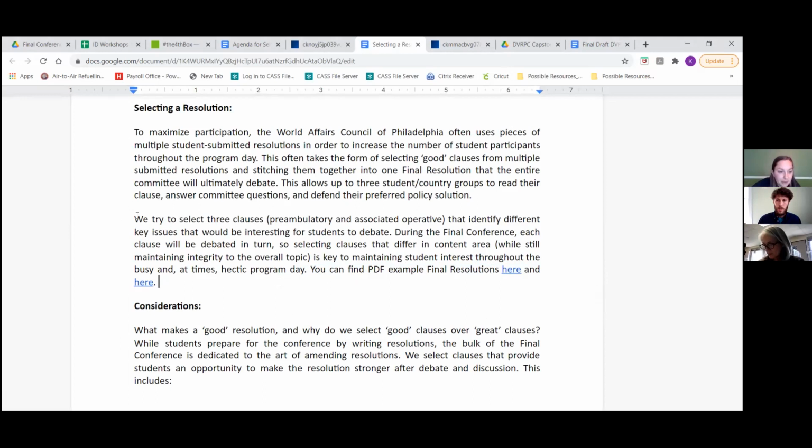So I think we already went over this, but we try to select 3 clauses, well, 3 sets of clauses really, and from that identify the different key issues that would be interesting for students to debate. So we like to pick a variety of topics as well, or I guess subtopics within the topic, right? So we try to not only,